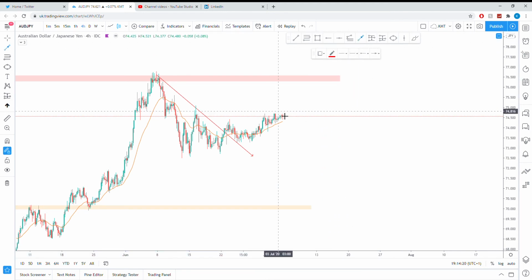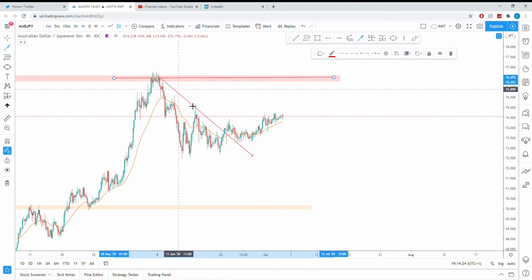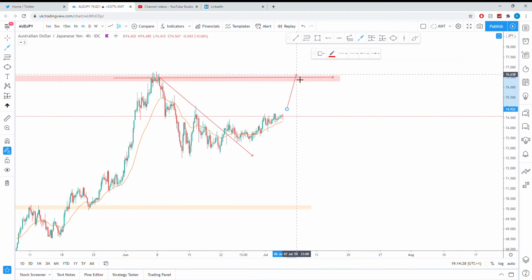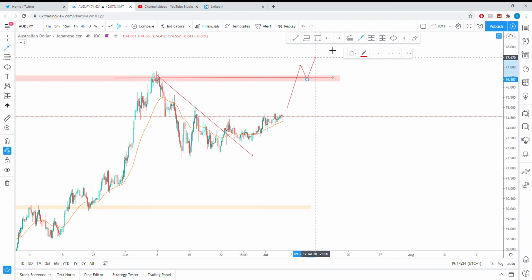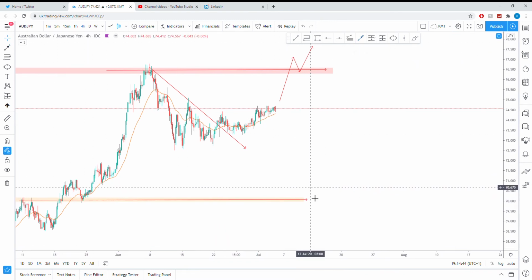Looking at AUD JPY, we see here prices at the highest point of the market failed to break some previous resistance. But if price manages to get above this level, we're waiting for a strong closure to the upside before that retest, and then again a potential push to the upside. That's 76.5. If we're looking for sells, I will be looking at this point in the market